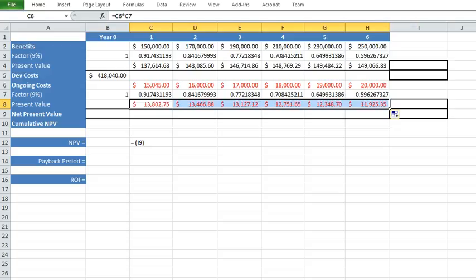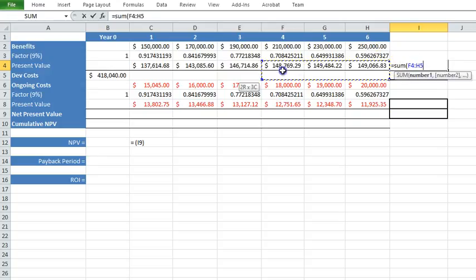Okay, fantastic. Now, we've got the time adjusted costs and the time adjusted benefits. We can do this a couple of ways. Either we can say benefits take away costs and have that net present value at that particular time, or we can sum all of these amounts to get the total present value of the benefits for this project. So what I'm going to do is say equals sum